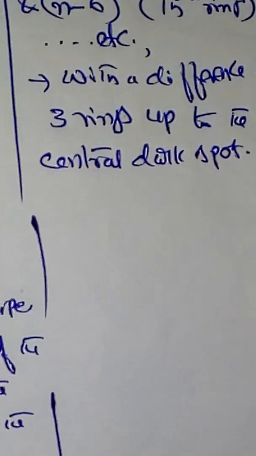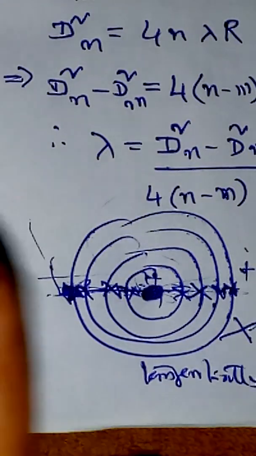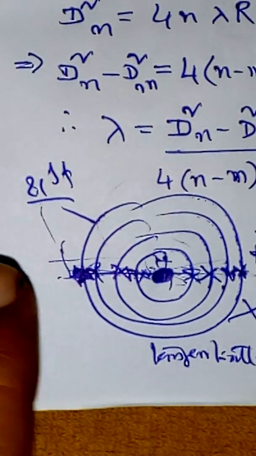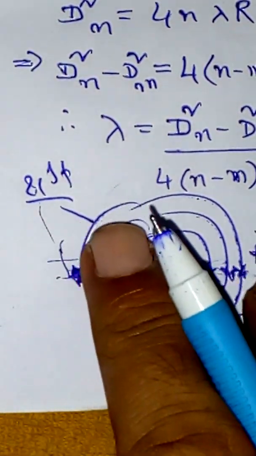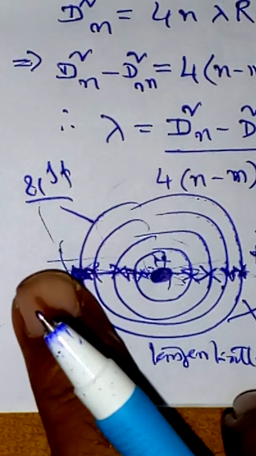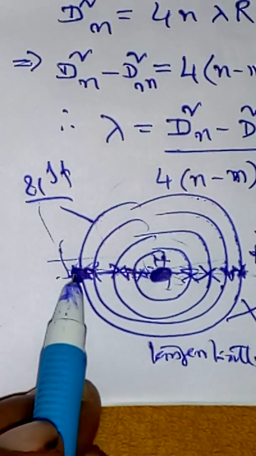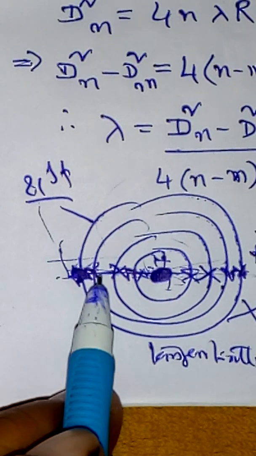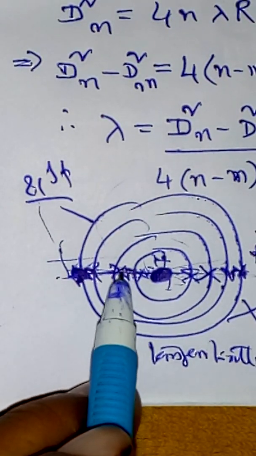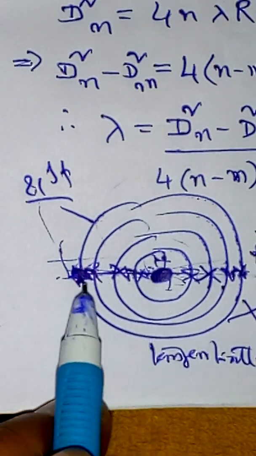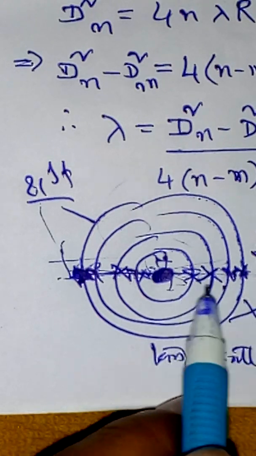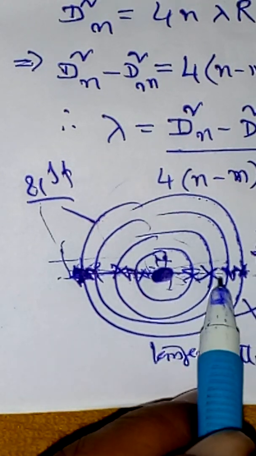Okay. So we have started, let us say this is the 21st ring. Now the idea is, from the 21st ring the visibility is very clear. So from the 21st we have taken readings of the 21st ring, then 3 rings after, the 18th ring, then the 15th, then the 12th ring, like that up to the central spot we have come. The same procedure we will follow for the right side also.